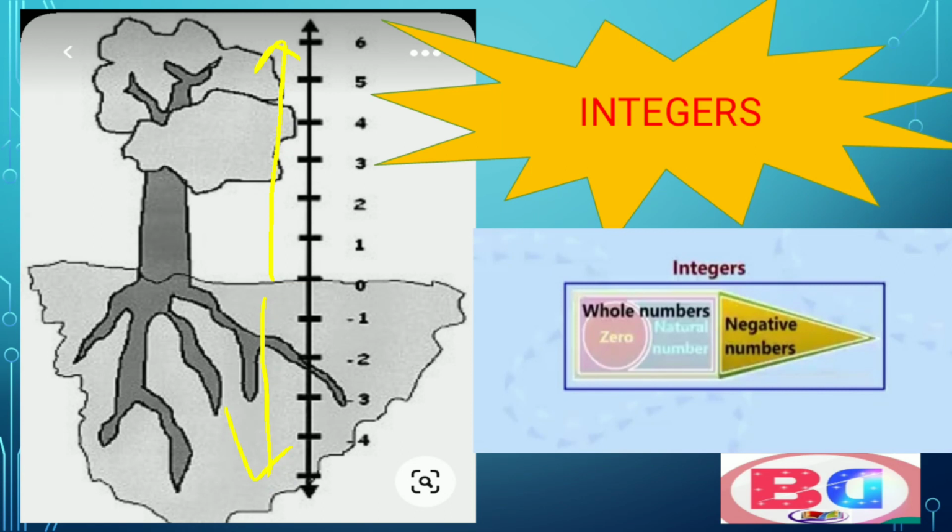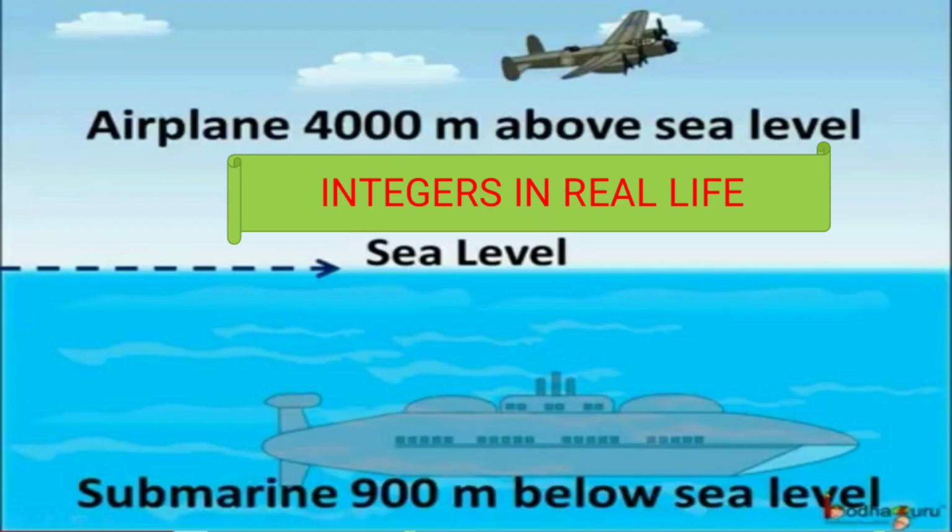From the given figures and practical examples, we can conclude that all positive natural numbers, their opposites, including 0, are called integers. What is an integer? All whole numbers and the negative numbers, the opposites of the natural numbers, including 0, are called integers. Okay, let us see here different examples related to the use of integers in our day to day life.